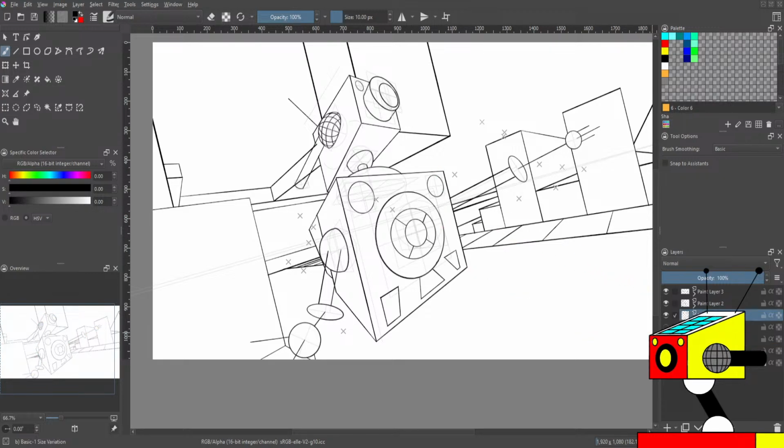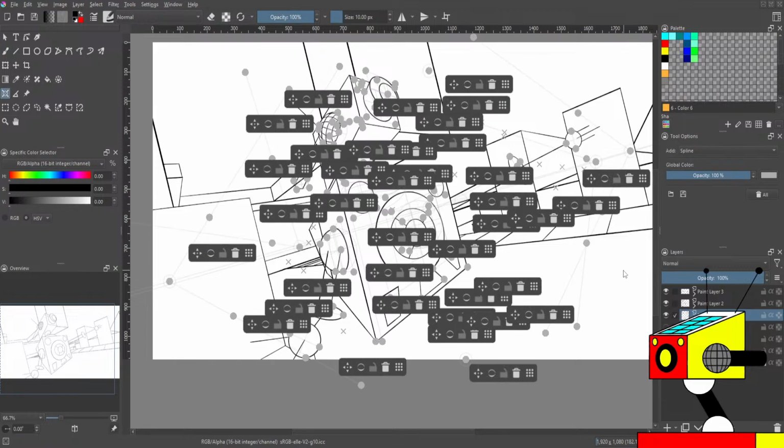So basically, if I go to the assistant tool, this is how many assistants that I used to make this composition. So like I said earlier, there's no real limit to how many assistants you can use. And if it makes it easier for you to make your composition, go for it. I mean, there's no rules saying how many of them you can. Now this looks like a ridiculous amount, and I would totally agree, but